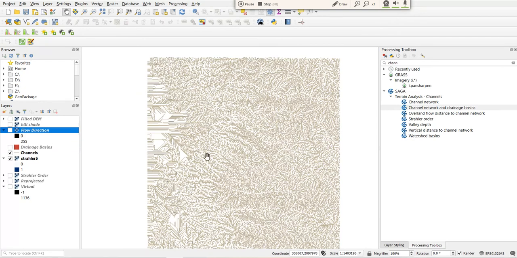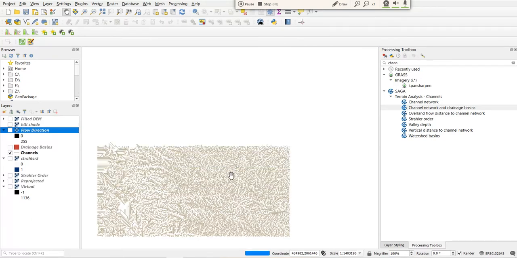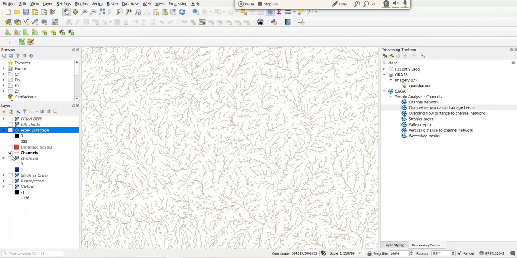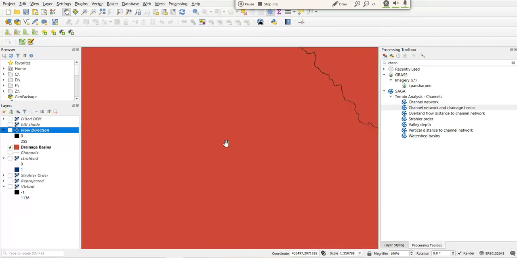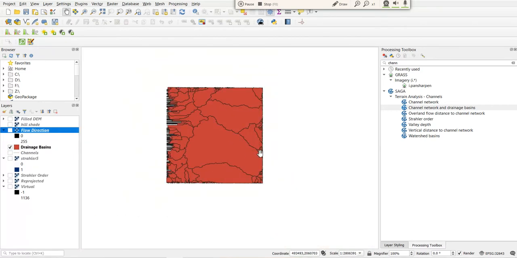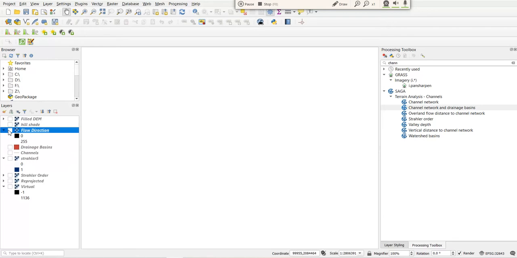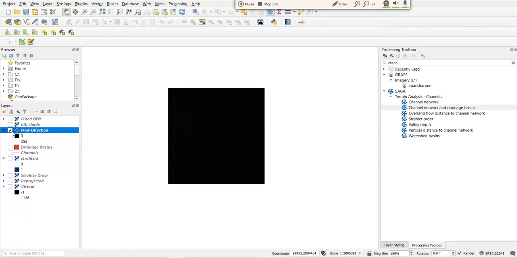So this is how the channels look like. These are all the channels, and these are all drainage basins. There are so many drainage basins. And this is the flow direction.